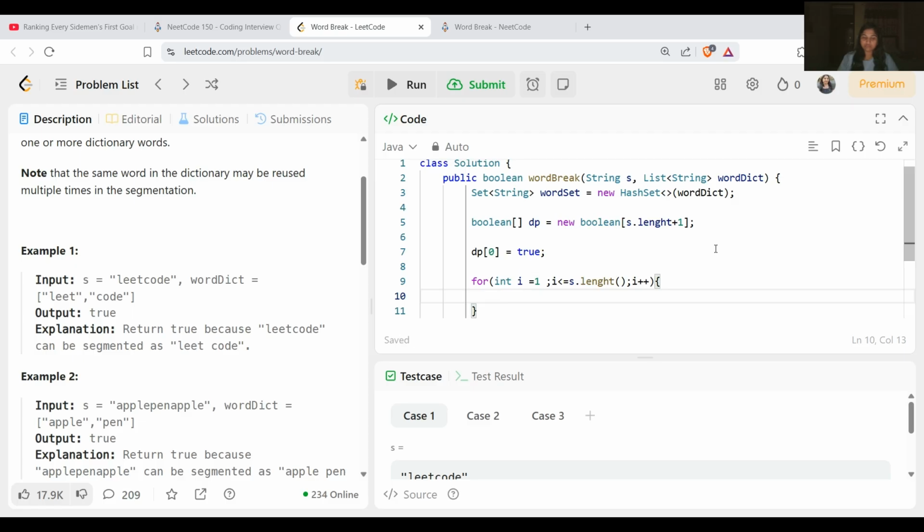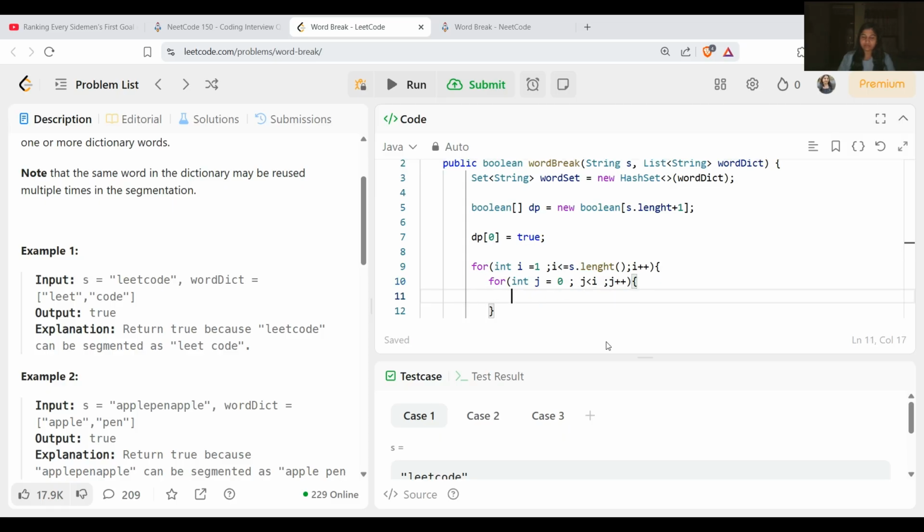Now we have to check all the possible partition points. In the example leetcode, we'll check all the possibilities to see whether we are getting that or not. So we need one more loop here, for int j equal to 0, and j will move till i, j plus plus.